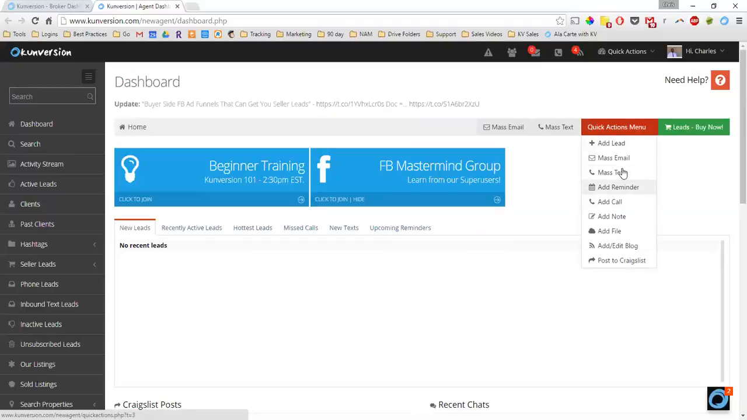So you've got the quick actions menu. You can add a lead into the system. You can do a mass text. You can do a mass email. You can really have some fun within the system here. So some other quick actions, you've got